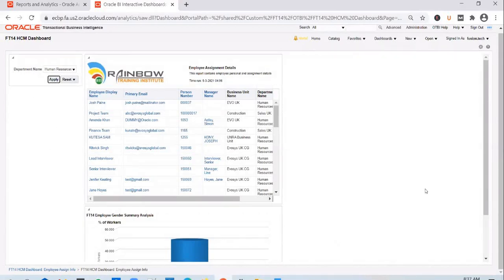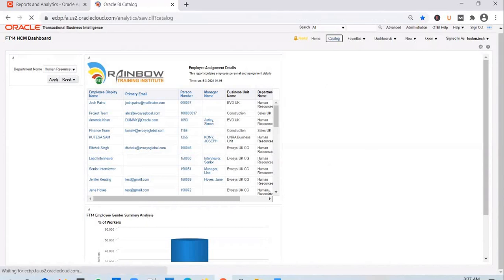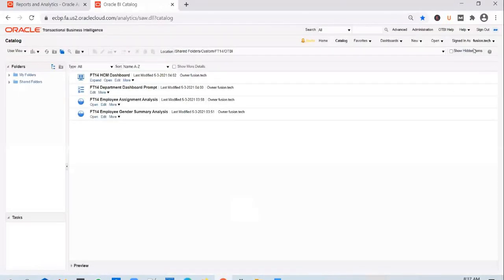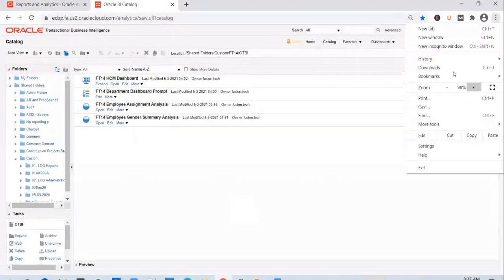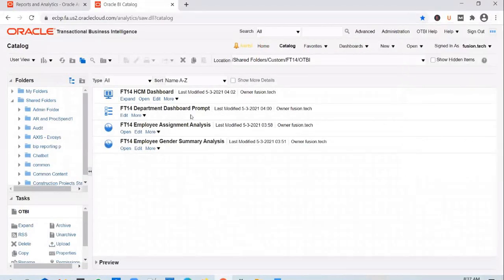So this is how you come up with a new dashboard, in case clients ask you to build one. You come up with a prompt first and you add in the reports, and all the parameters required by the reports will be added as columns on the dashboard prompt, and this will supply values to the individual reports. And on a dashboard, you can have multiple pages as well, not just a single page. So what we have seen so far is how to create a new dashboard prompt and how to create a new dashboard, right?